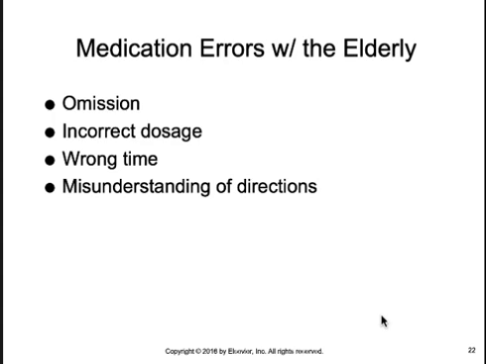Medication errors with the elderly include omission, incorrect dosage, wrong time, and misunderstanding directions. The most common med errors made by elderly patients occur in the home more so than in the healthcare facility. Omission can be a product of forgetfulness or may be caused by the patient's concern about the financial cost of taking the prescription as frequently as ordered. In other words, trying to save money. Other med errors result from the patients taking the incorrect dose or taking doses at the incorrect